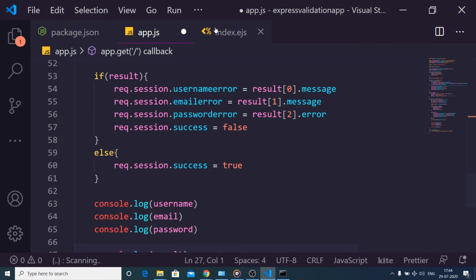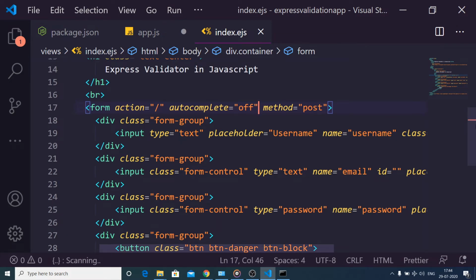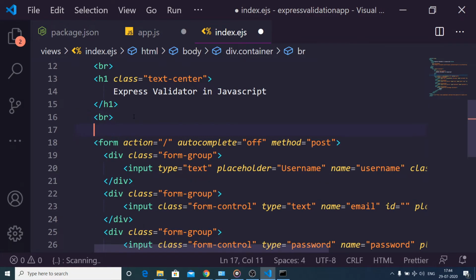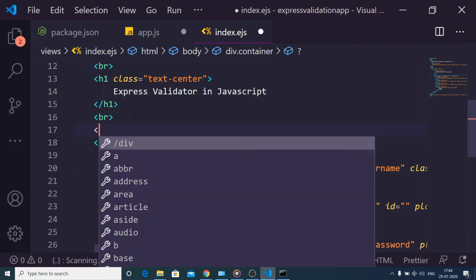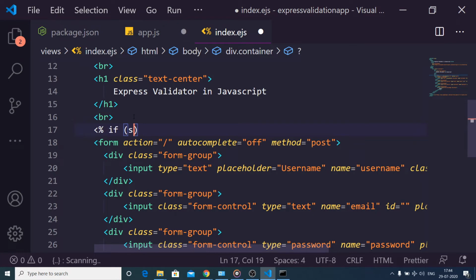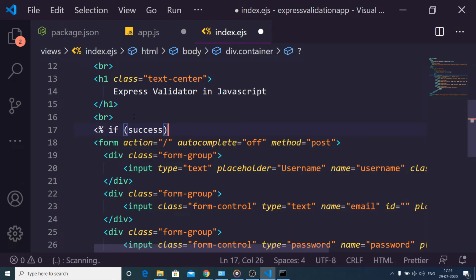after this we need to render out these values inside our template. This will be pretty simple. So right here we will have a simple if condition. Just before the form we will have this simple if condition, which is if success. So if the form is successfully submitted, in that case this will be a curly bracket.